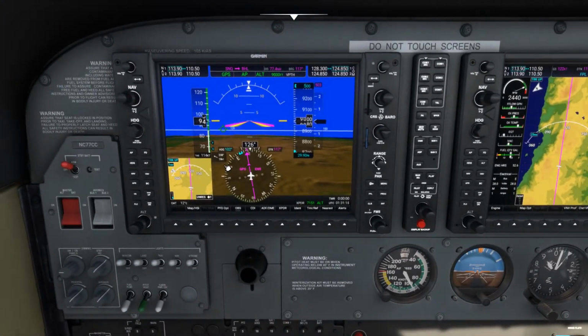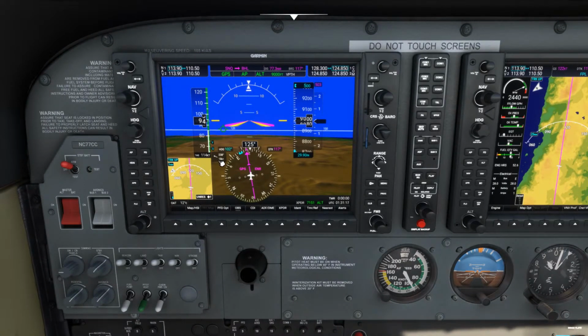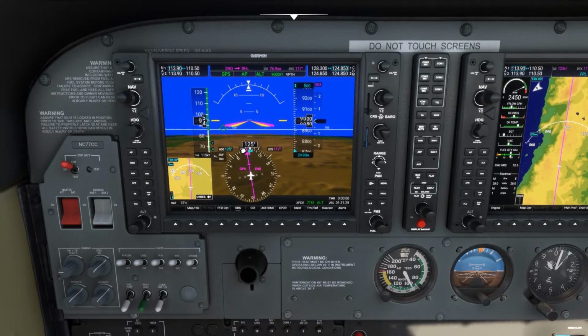Right now we have about an 18 knot tailwind, but a crosswind nonetheless. I'll go ahead and synchronize my heading again. That's our heading. This is our route.